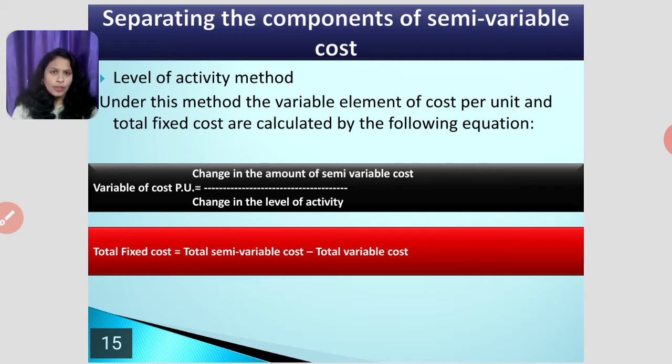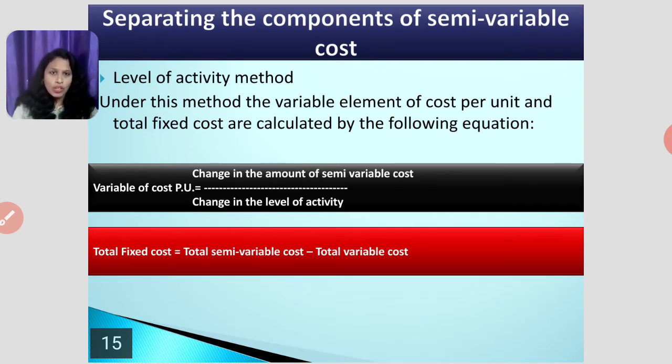There are various methods of separating the components of semi-variable cost, out of which the first method, the level of activity method, we are studying here. Under this level of activity method, the variable element of cost per unit and total fixed cost are calculated by the following equation. We have to separate the fixed as well as variable cost according to the particular equation. So, the equation is